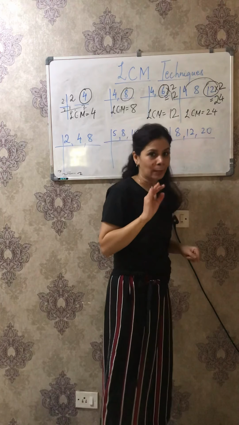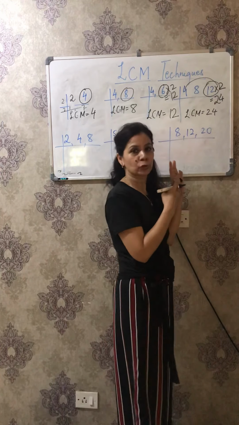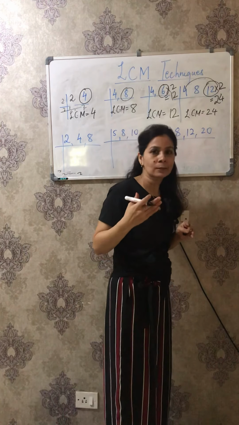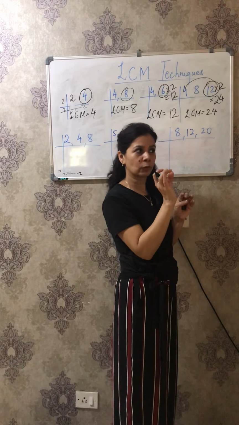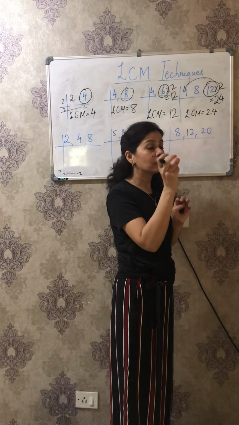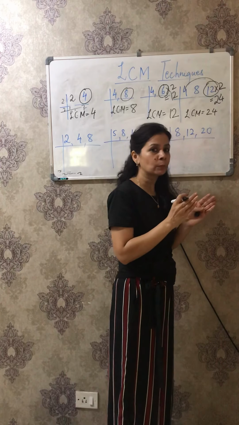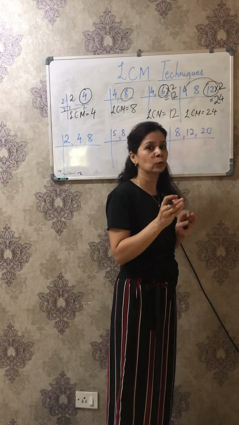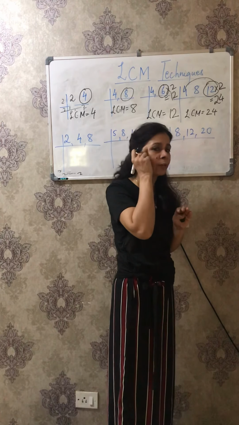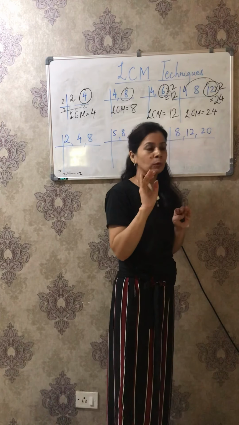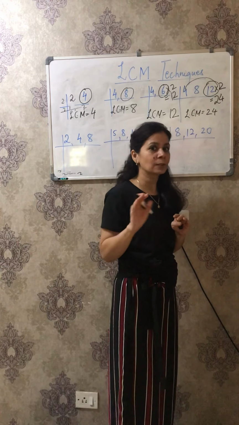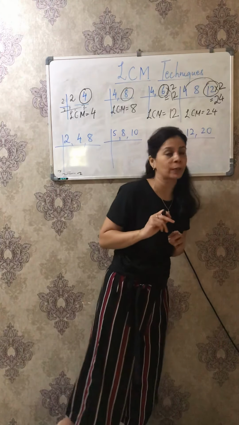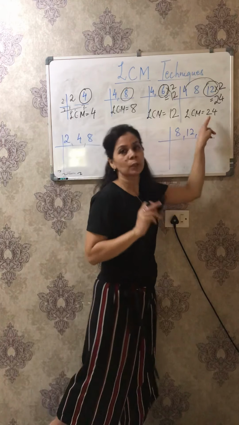See, this needs practice. It's not like once I have taught you this, you are done. Keep practicing this method. When you see two numbers or three numbers, go to the bigger number. See whether that number is divisible by the other two numbers or not. If not, don't worry, go to the next multiple. If that is also not divisible, go to the third multiple. Just do everything in your mind quickly. Once you get practice, you will not take that much time to find it out. Okay, so here the LCM is 24.